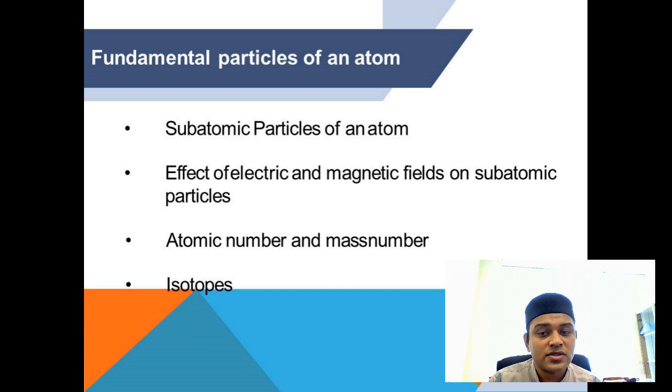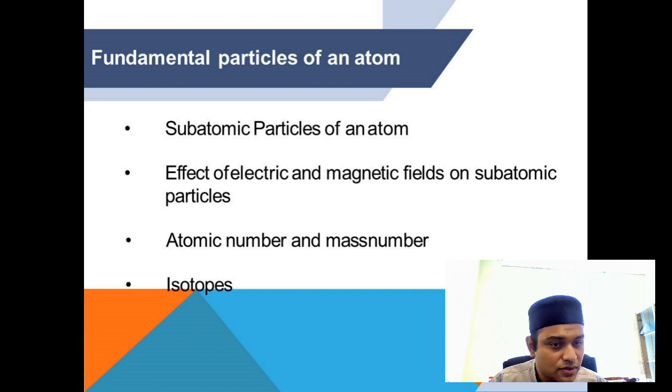And of course, the most important topics will be the atomic number and the mass number. This is where I will go into the discussion of mass spectroscopy later on. And of course, the most important thing is the isotopes. We will look at a few examples, graphs and calculations to make you clear about this topic. So my next slide will be,